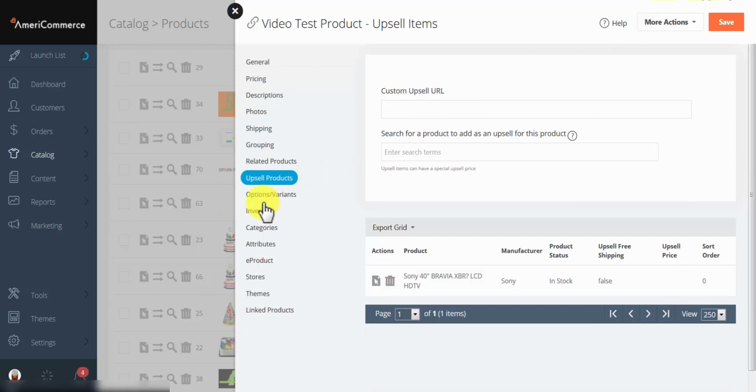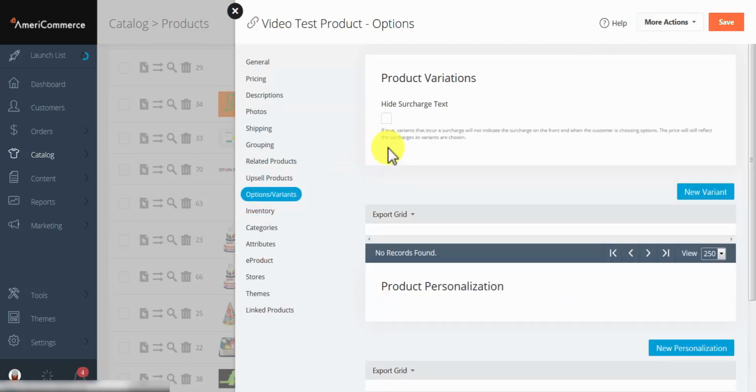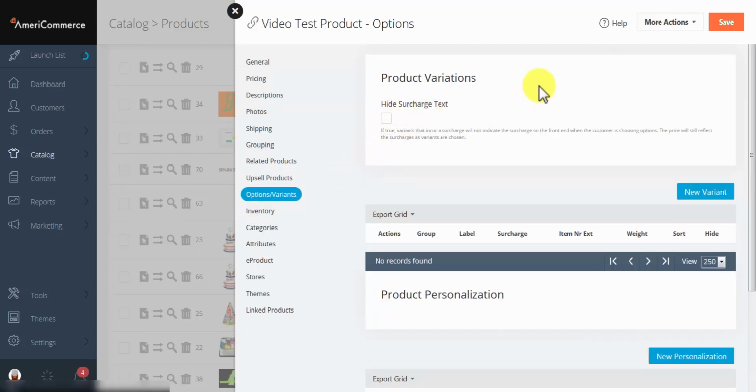Up next is the Options and Variants tab. Our first setting is Hide Surcharge Text. If this is selected and any of our variants have a surcharge, this will hide the text from being displayed to the customer, but it will still affect the price. For instance, if I have a product that's $10 and I have a surcharge of $5, my customer won't see anything saying there's a $5 surcharge,